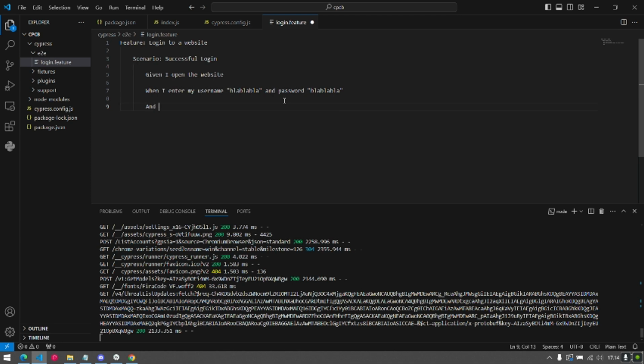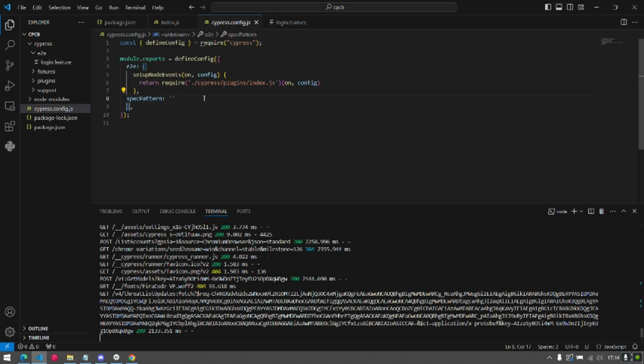And for the final step, click the login button. When it's done, we can move again to cypress.config.js and locate the login.feature file. It is placed in e2e, and then login.feature.